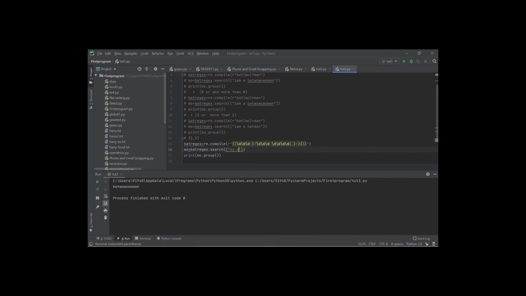Let me write the test string. My numbers are, and comma, 7 7 7 7 7, comma. This time I'm giving the area code as optional. This is known as area code. It's optional. See, this time I'm giving the number without area code. Let me see, will it detect the pattern? 343 4444.